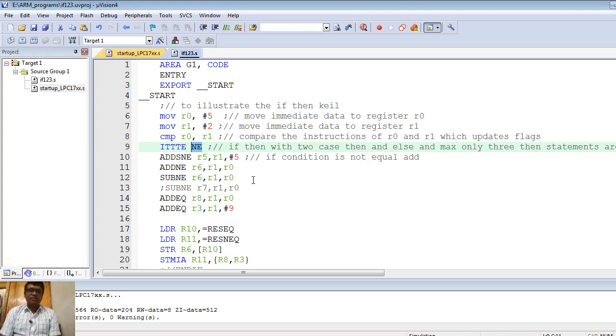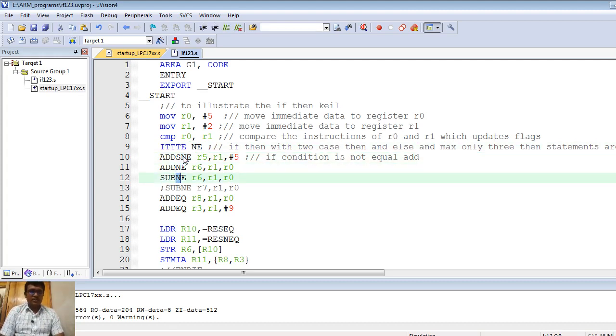But in assembly, we do not have this provision. In order to make that bracket structure, we have condition writing. If you are checking not equal to, and that condition holds, you need to perform these 3 instructions.